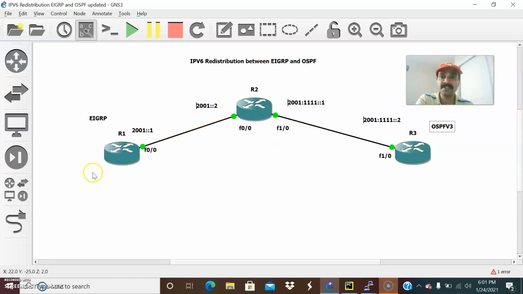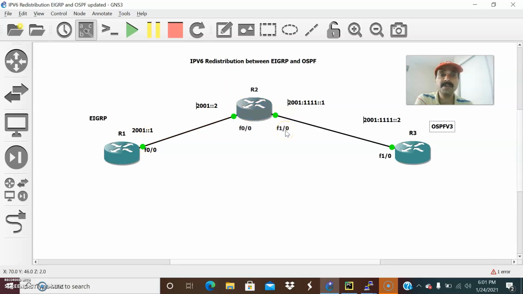First, I activated the interfaces. Then I configured EIGRP here, OSPF here, and R2. I activate EIGRP and OSPF in both router and the interface mode. So keep it in mind for EIGRP and OSPF for redistribution, right? For EIGRP, I have to activate in router mode and also interface mode. Similarly in R2, I activated both in router and the interface mode.